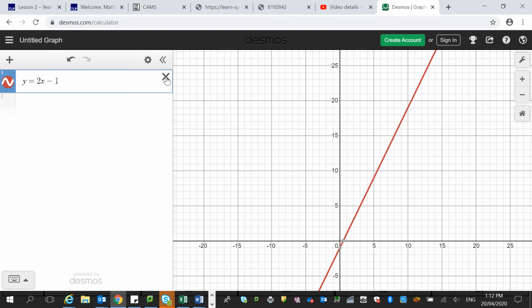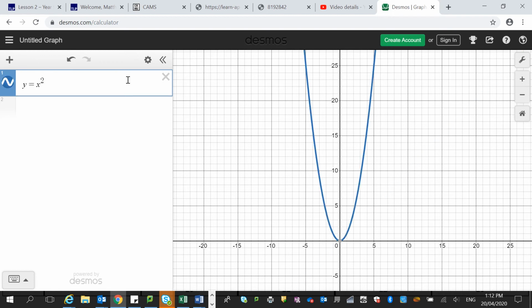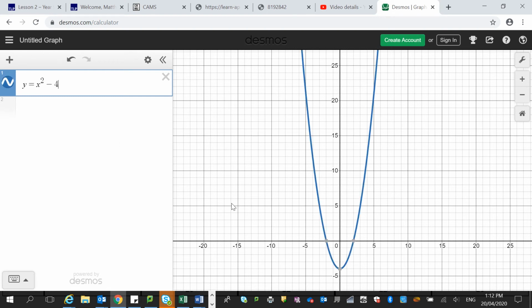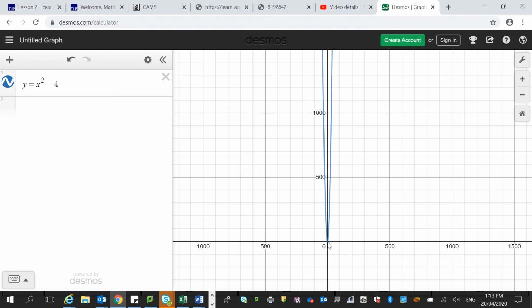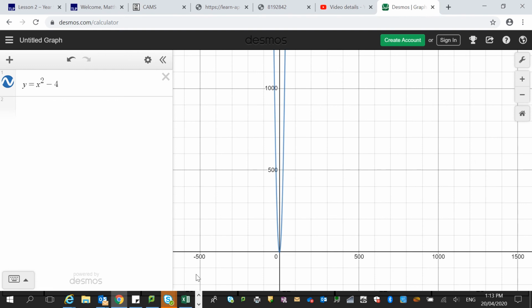Let's kill that, and instead let's make a quadratic. X squared minus 4. Okay, x squared minus 4. So if we scroll out, you can see that the domain is going to go from negative infinity to positive infinity because it keeps going out. It's quite steep, so it's going to take a long while to get far out this way, but it's still going there. So for this,